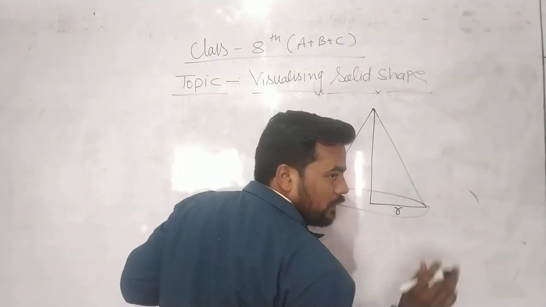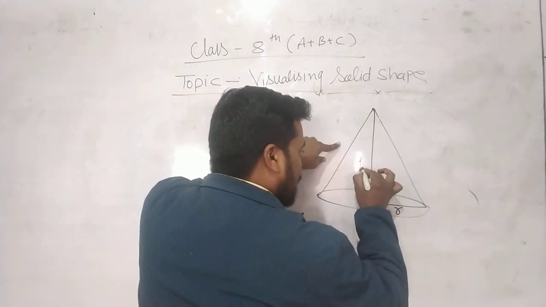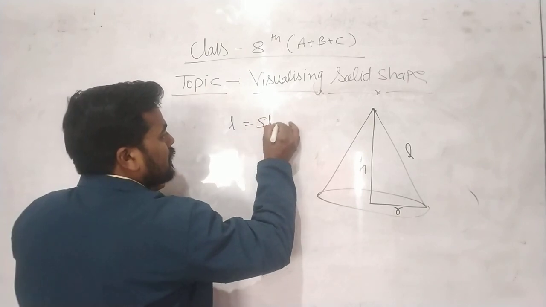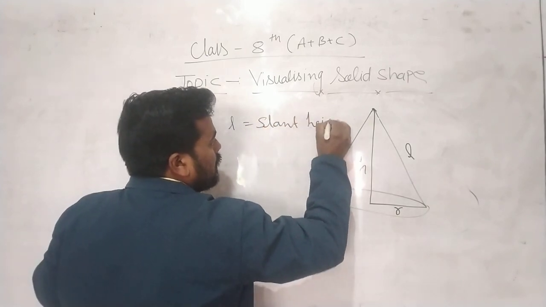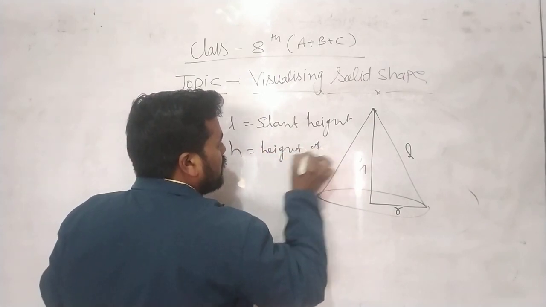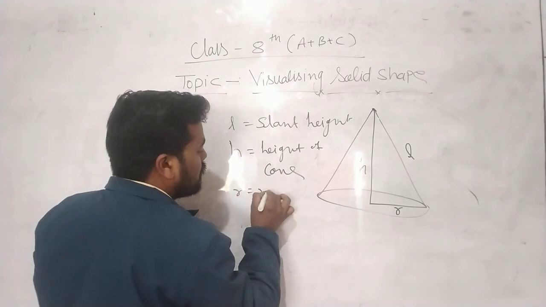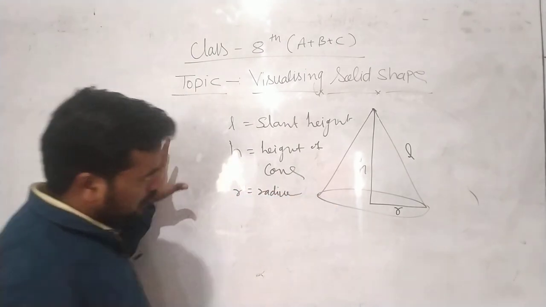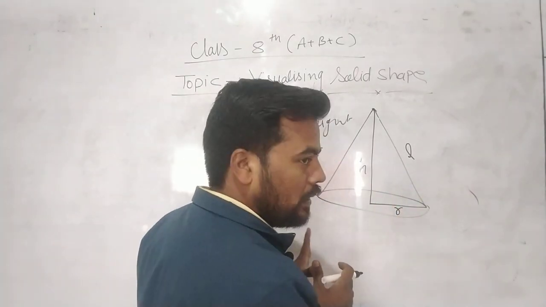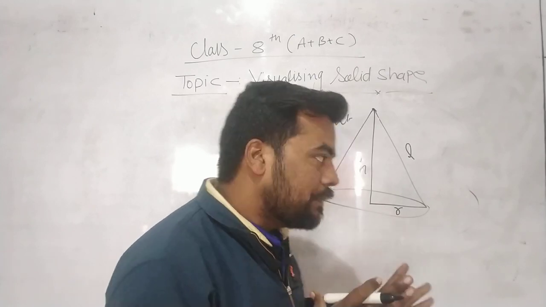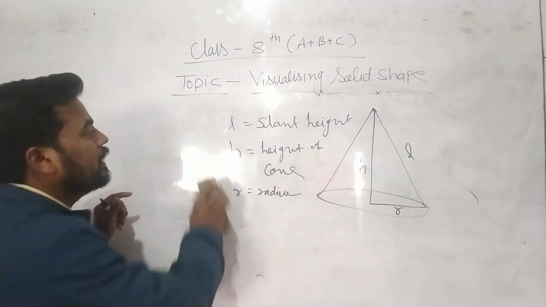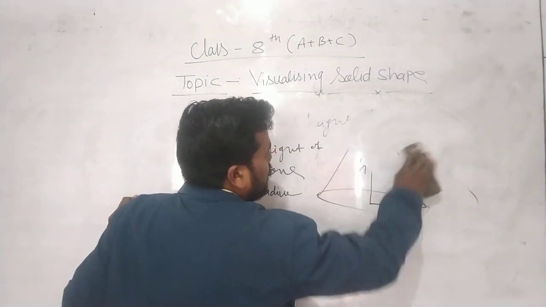This one is known as the radius of the circular end, this one is the height of the cone, and this height is known as slant height. l represents slant height, h is equal to height of the cone, and r is equal to radius. Okay, so this is also a 3D shape, because we can also find the capacity of this cone. In 3D shapes we can find capacity, not in 2D shapes. In 2D shapes we have to find only area, not capacity. It means volume. Okay.